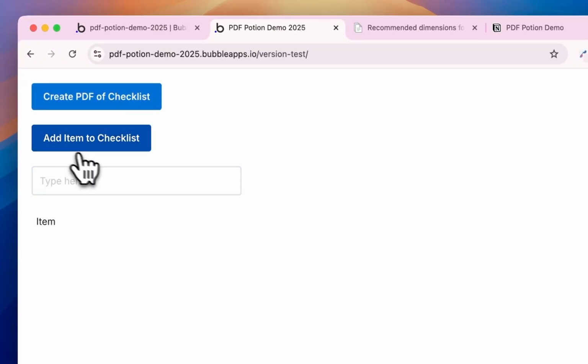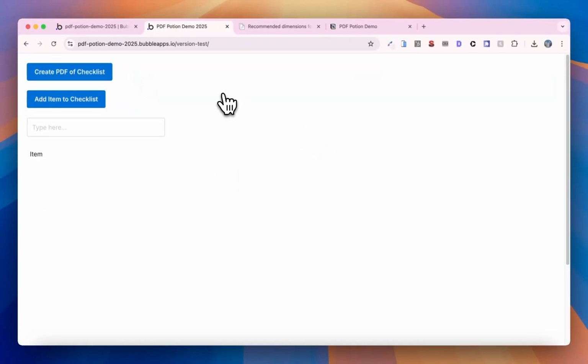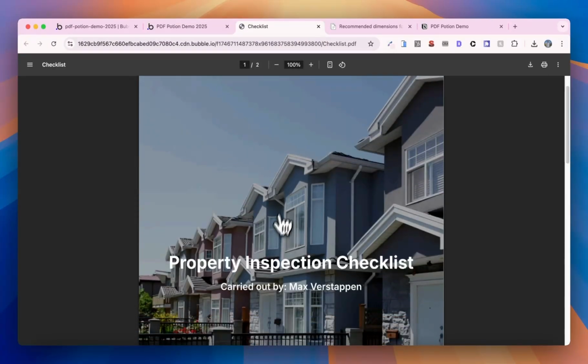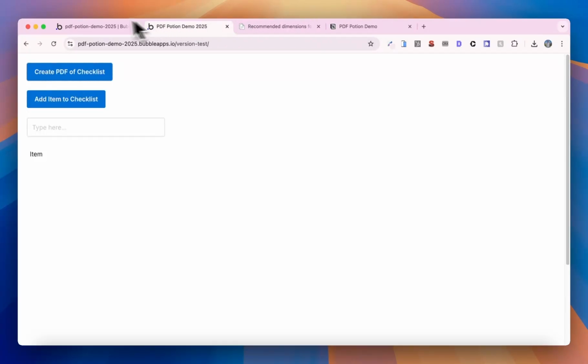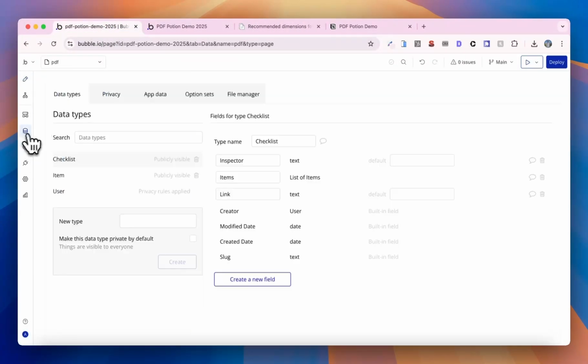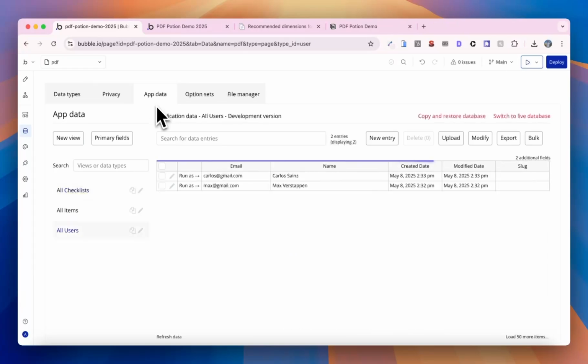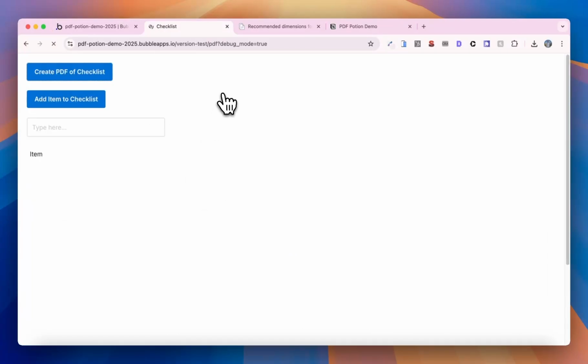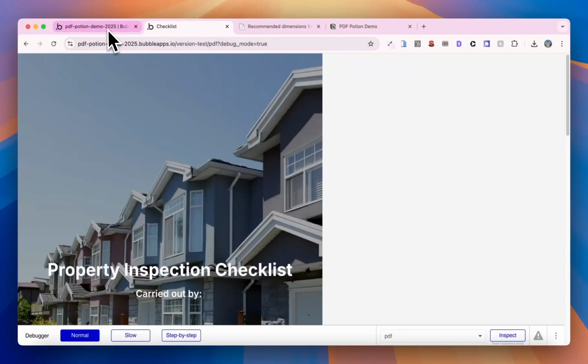Add an item. Create a PDF. Give it a second to do its thing in the background. And yeah, you can see you're getting the name there for Max Verstappen. But if we were to log in as Carlos Sainz, and again we went back to the home page,